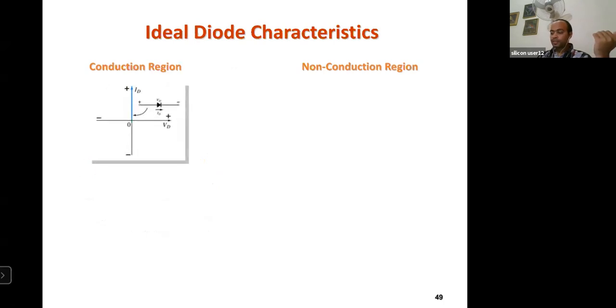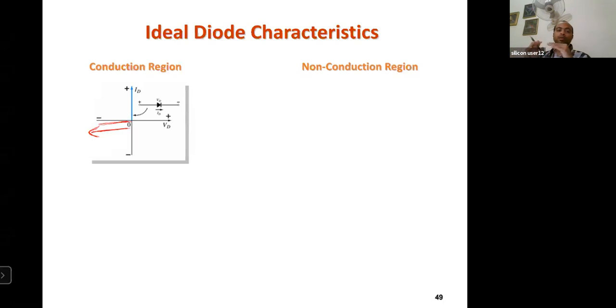For the ideal diode, what is the characteristic that has been noted? In an ideal diode, we are assuming that if it is reverse biased, then it is not conducting. That means if the applied voltage is on the negative side, then the ID current will be 0. So look at the left side, or this quadrant of the curve. The ID value is 0. Look at this portion, ID equal to 0, and when it is just entering the forward bias direction, right there the current becomes infinite, because it is a characteristic of the ideal diode.